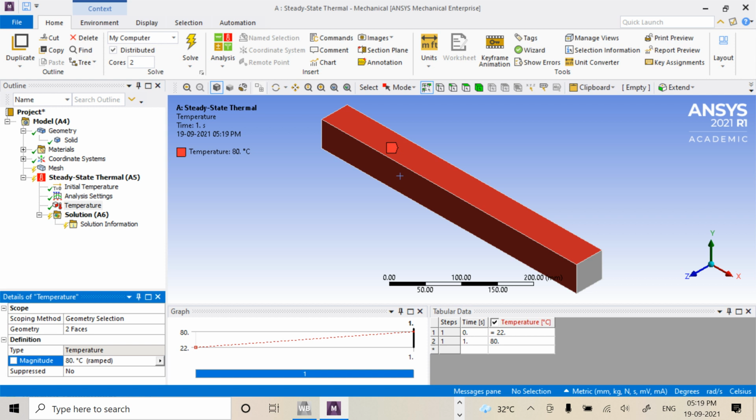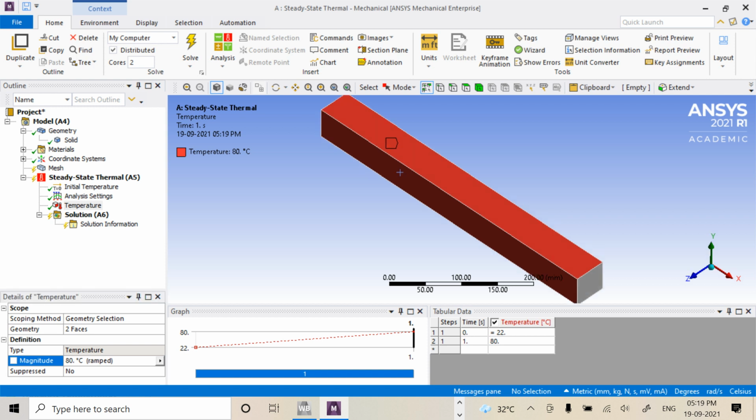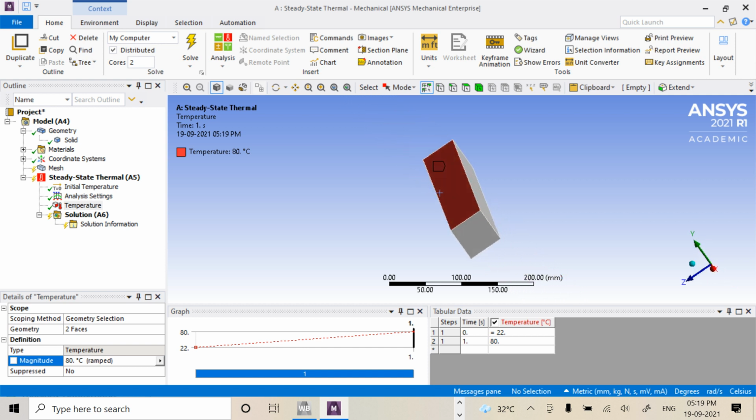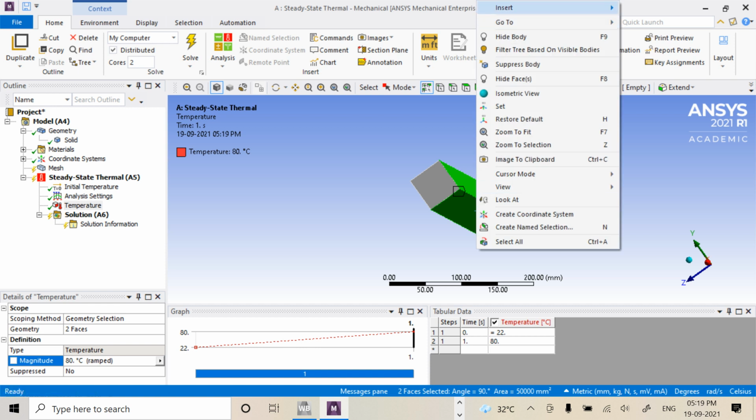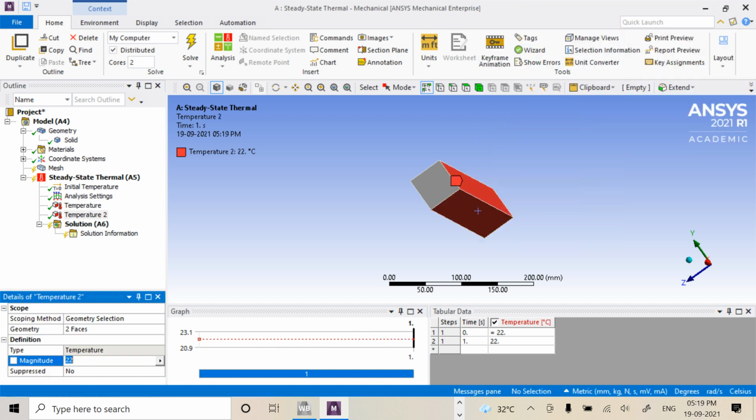Then we are going to click the middle mouse button and rotate the component. We're going to click here, press Control, and click one more time. It has been selected. Right click, insert temperature. So we give it as 30 degrees Celsius and give enter. 30 degrees Celsius has been defined.